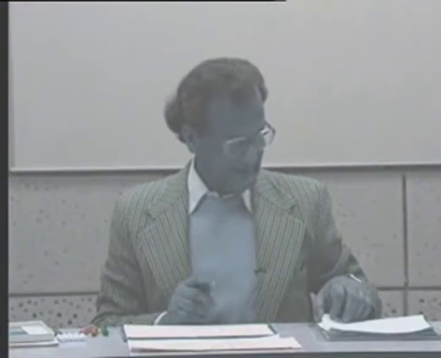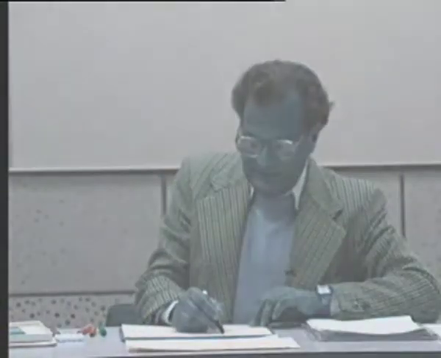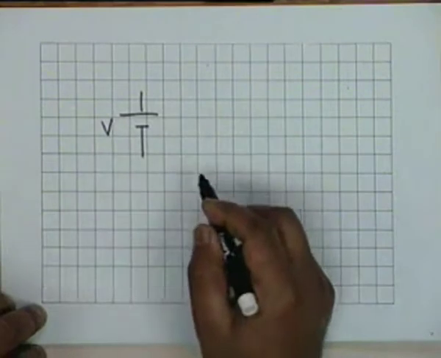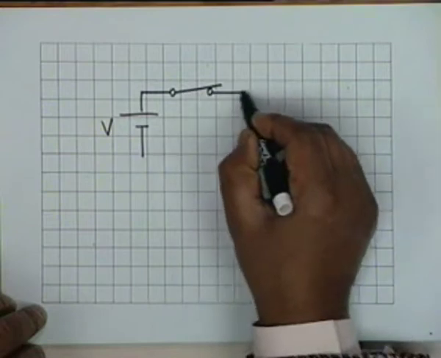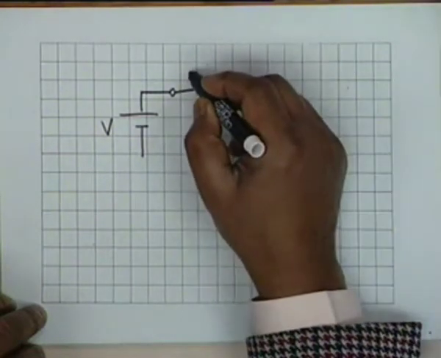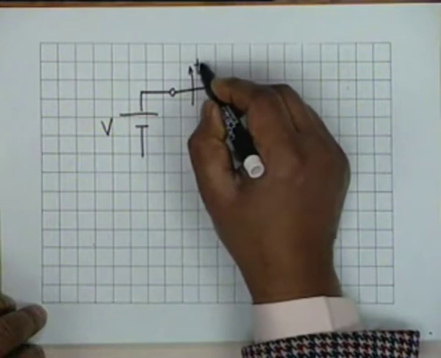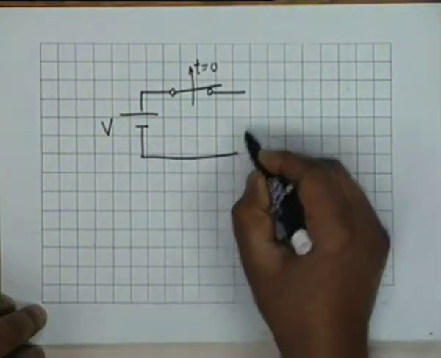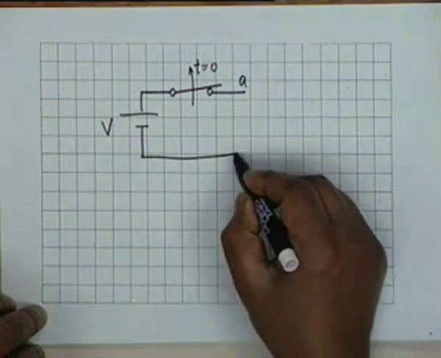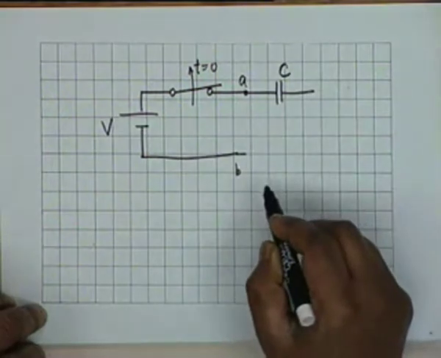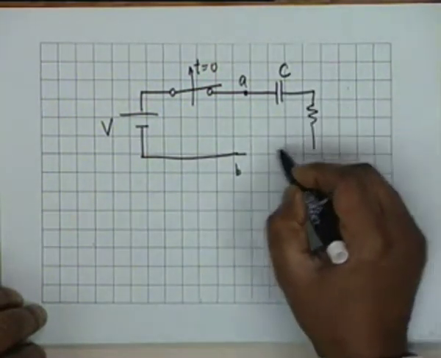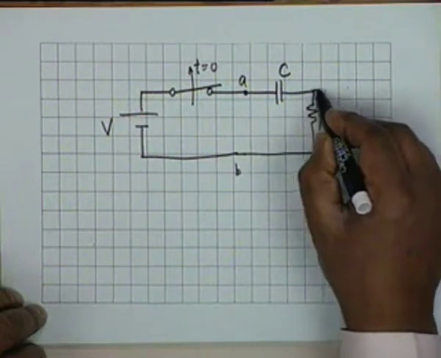We take in quick sequence a few examples to illustrate the points that we have been making. Let's consider a circuit like this. There is a voltage V which is connected through a switch S. The switch opens at t equal to 0 to the points A and B of a two-terminal circuit, and the circuit consists of a capacitor C, a resistance R, and an inductance L.